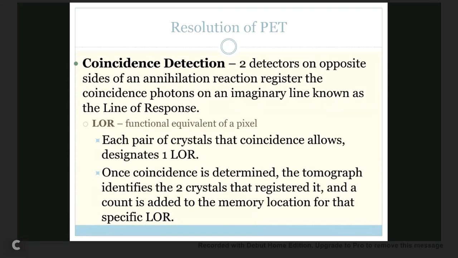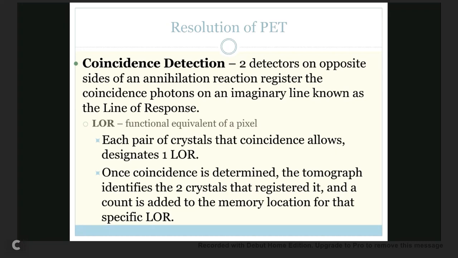So what it's basically saying is that once the annihilation occurs, the two photons split, and then they go in opposite directions, 180 degrees, and one goes to one detector, the other one goes to the other detector. That's called the line of response. Okay, so when that happens, it is registered by the detectors. And